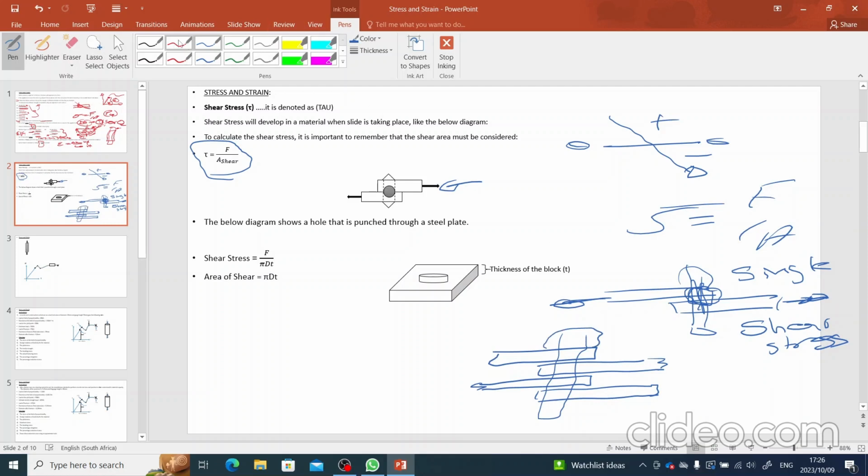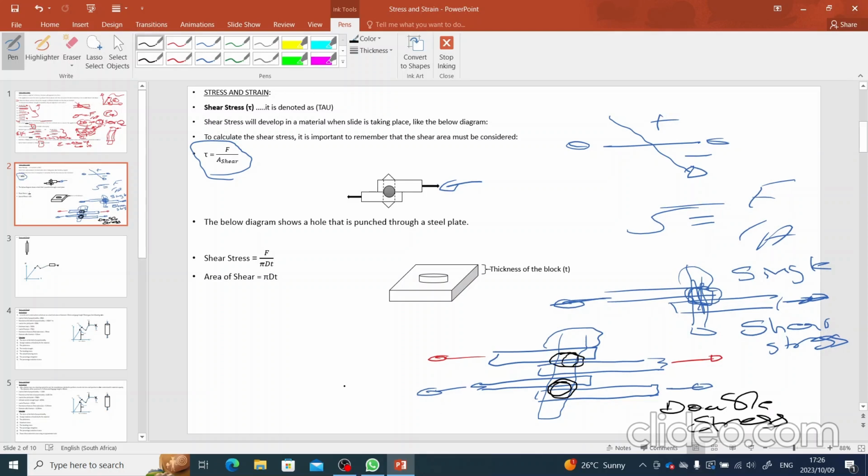Now you have force applied on the first metal plate and force applied on the second metal plate. You will realize that this pin will experience the shear on the first set, and it will experience the shear on the second set. This we call the double shear